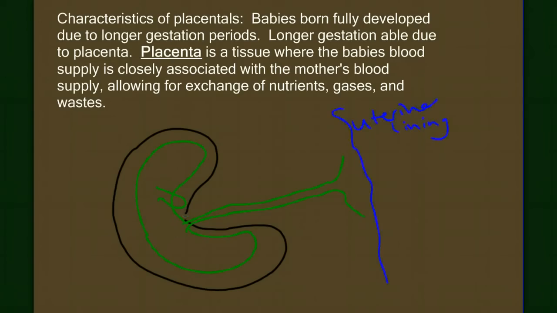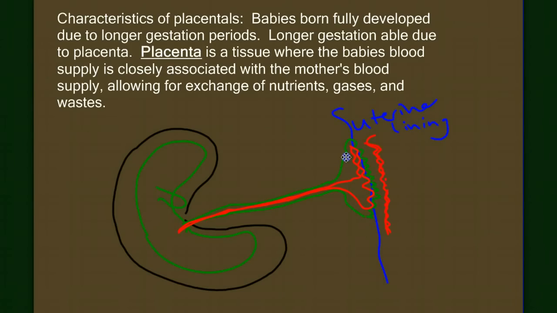And this placenta has lots of folds in it, and it grows right into the wall of the uterine lining of the mother. And this placenta is vascularized, meaning there's blood vessels from the baby that run out in here. And these blood vessels that are in this placenta allow for exchanges between the baby's body and the mother's body. The uterine lining is also highly vascularized, but the one thing to know here is that the mother's blood and the baby's blood never mix.